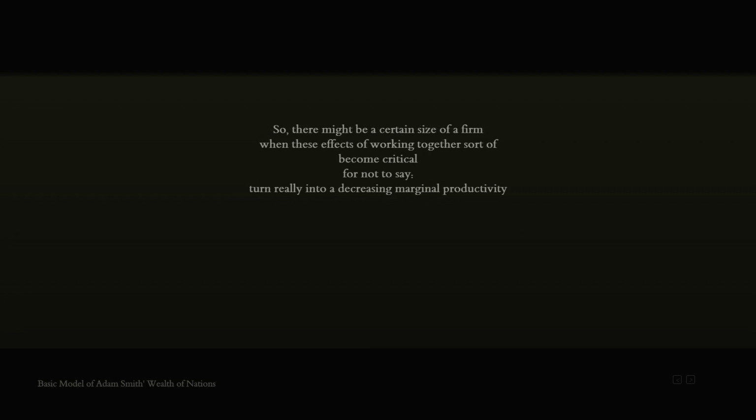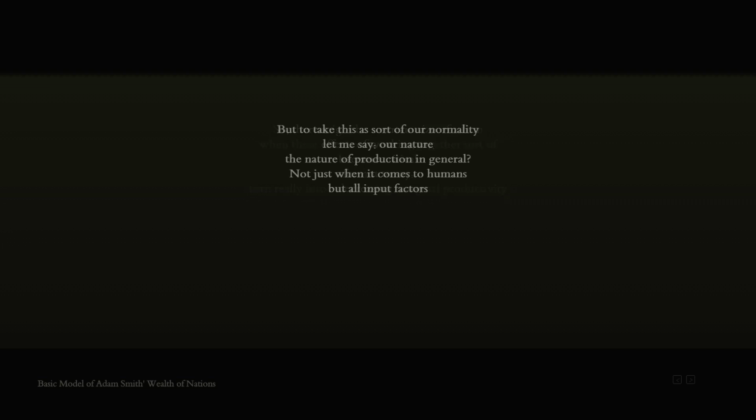So there might be a certain size of a firm when these effects of working together become critical, not to say turn really into a decreasing marginal productivity. But to take this as our normality, as the nature of production in general, not just when it comes to humans, but for all input factors, this is sort of